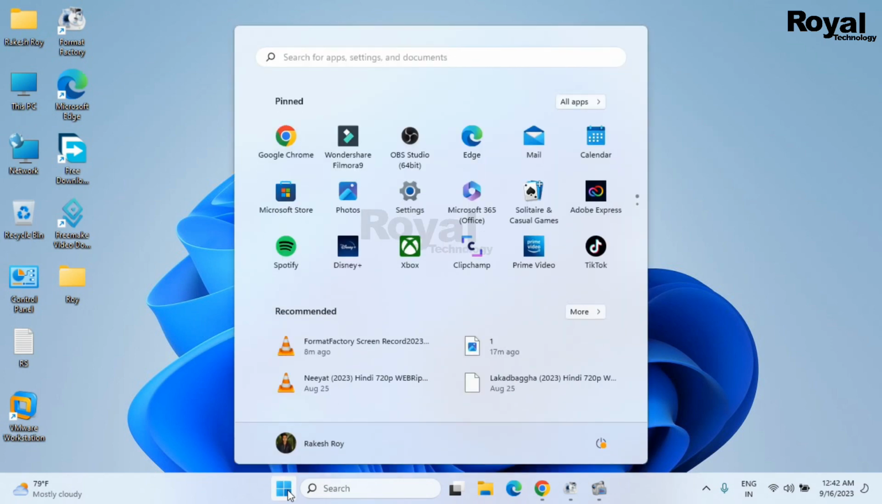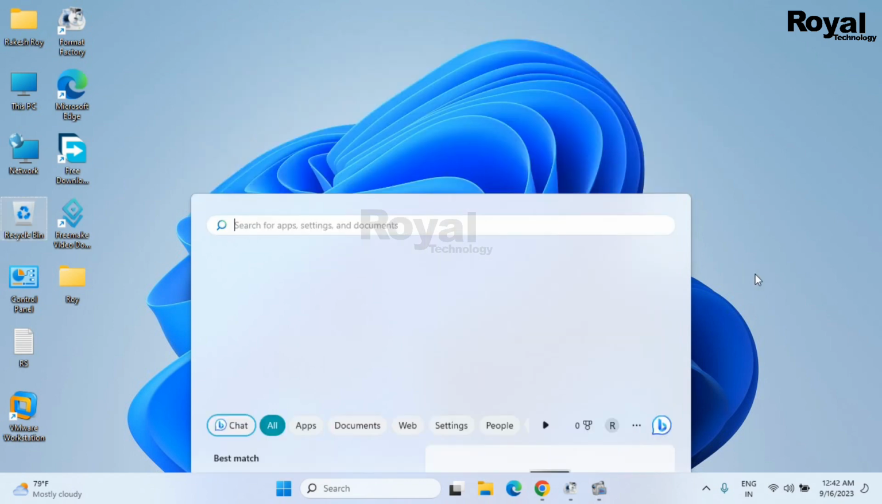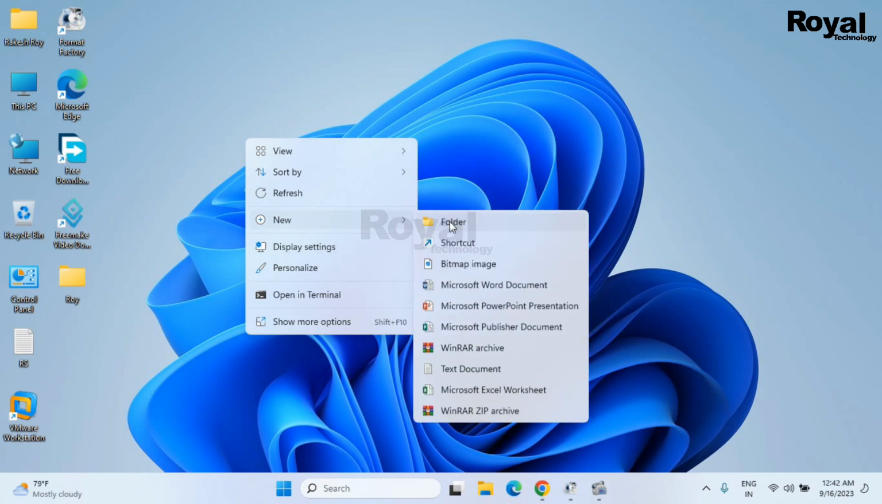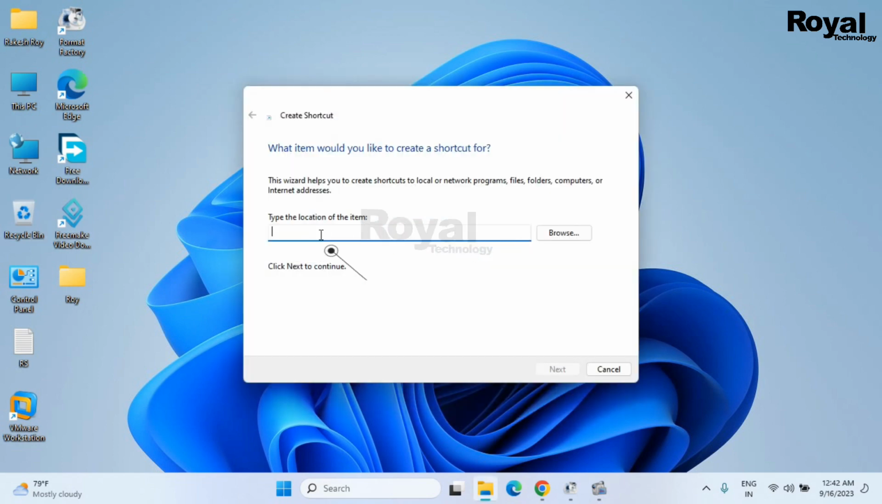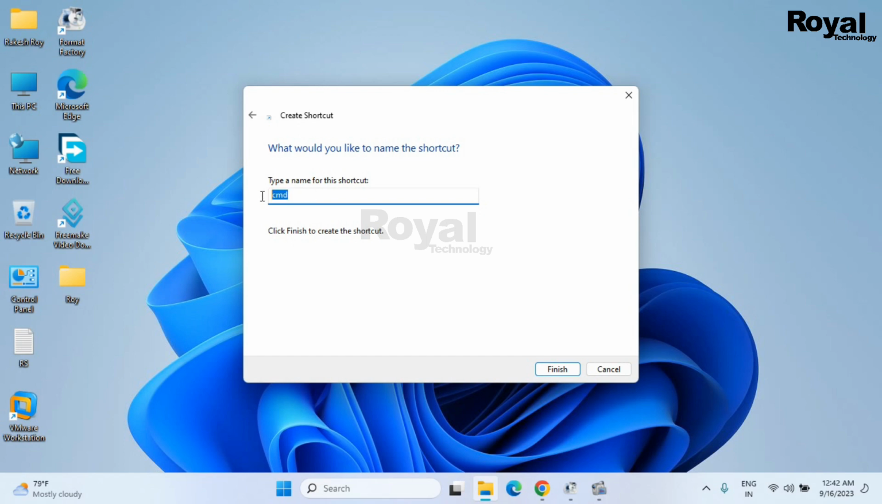If we need to run CMD as administrator, we click on the Start menu or search for CMD and then run as administrator. But in this video we will create a shortcut. Just right click on the desktop, choose New, then go to Shortcut, paste this command here, and click on Next, and then change the